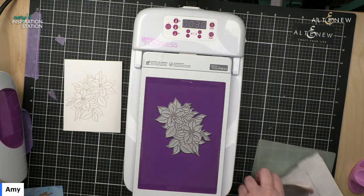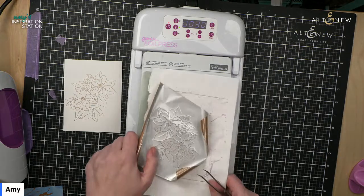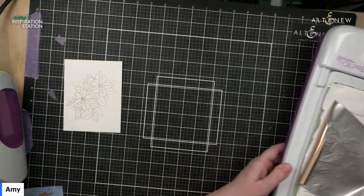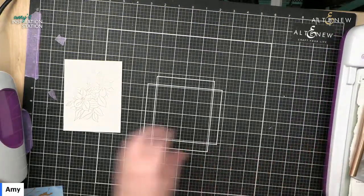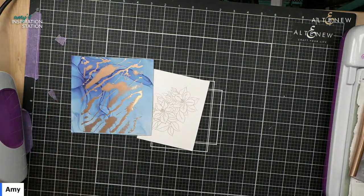So let me get through this card, because I have another one that I want to make for you guys in just a moment. All right, so we're going to put this over here to the side, and let's get our card rocking and rolling. So we'll start making it. Okay, so first, let's start with